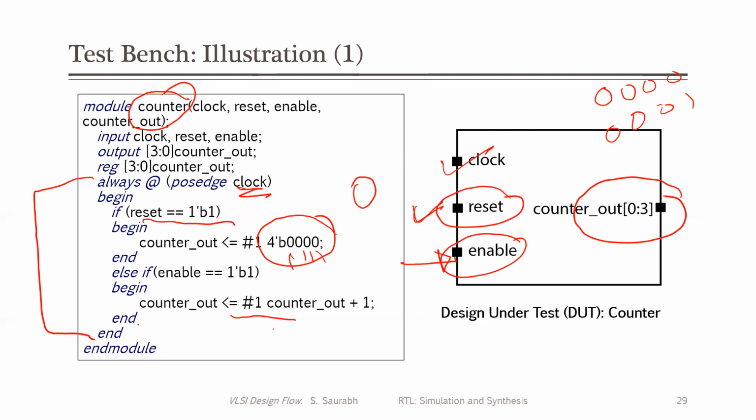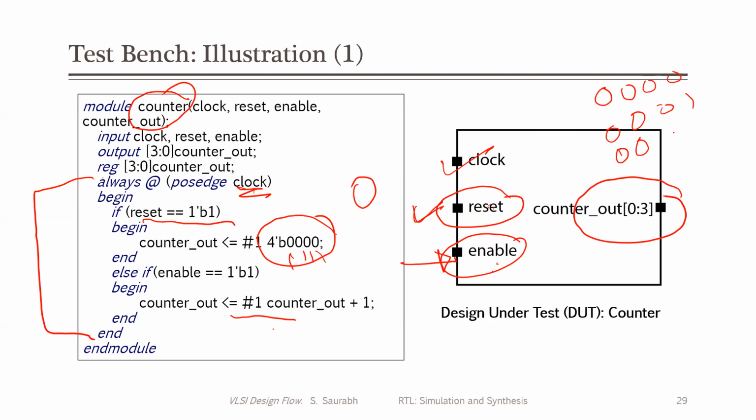So this block will be executed only when the clock signal comes, right? Whenever the clock signal comes, this block will get executed. Whenever the next clock comes, then it will go to 0. If the enable is high and reset is low, then the counter will increment from 0000 to